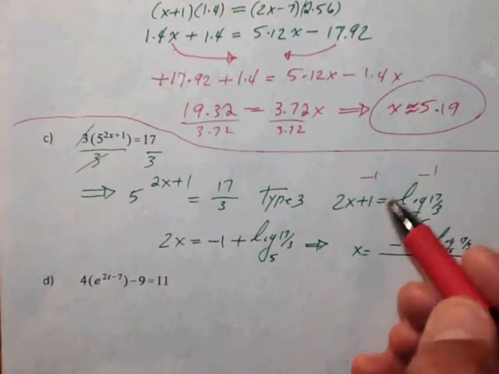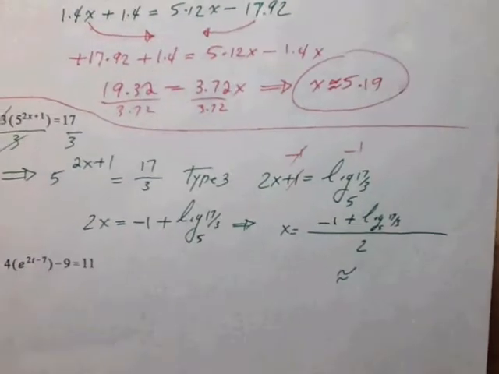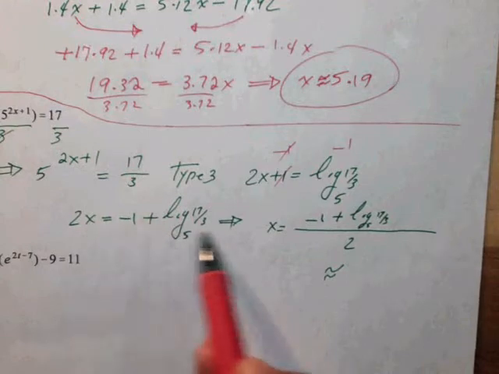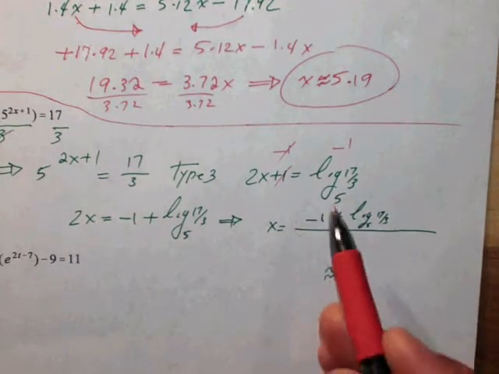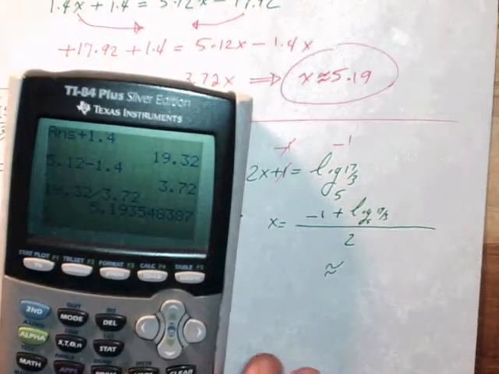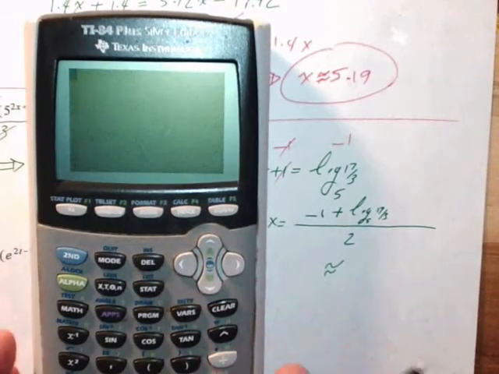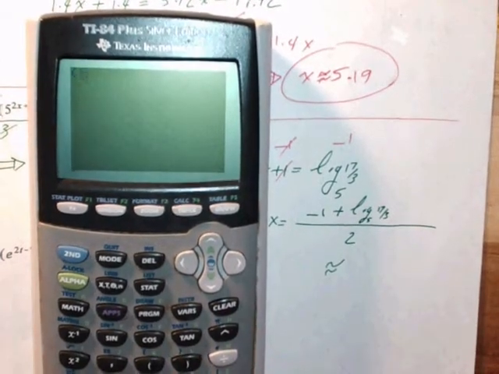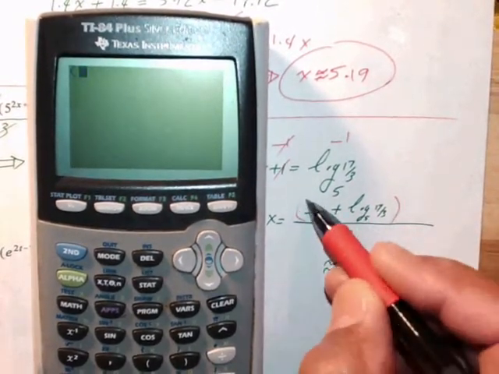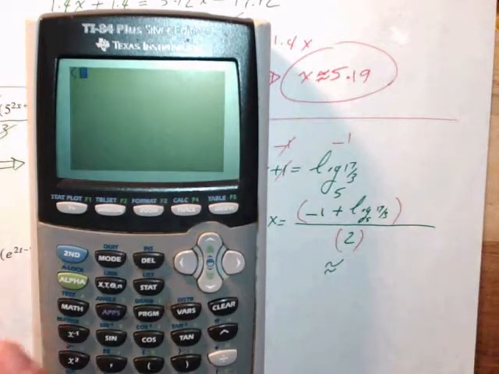Then this 1 cancels that, and you get this equation. To get x, divide both sides by 2, so you get this. I divide everything by 2. Now I can put this one in my calculator. And this is how I put it in my calculator. One big parenthesis. So actually what I would do on the paper, I put one parenthesis here and one parenthesis there. Okay, so I have parentheses,